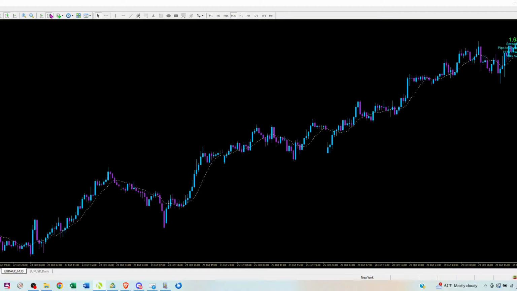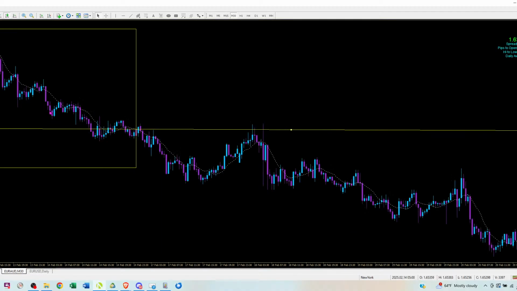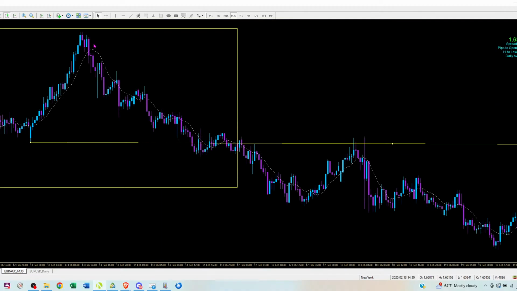On the 30-minute, here's that zone. So this was the break. So basically anywhere around here would have been your entry on the daily chart, but you see you would have missed all of this, which is a good chunk of the move. Whereas, once you see that pullback on the daily chart,